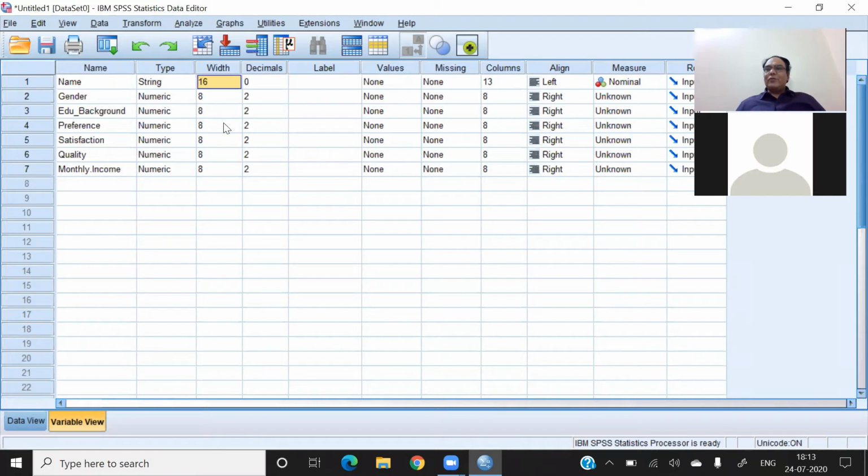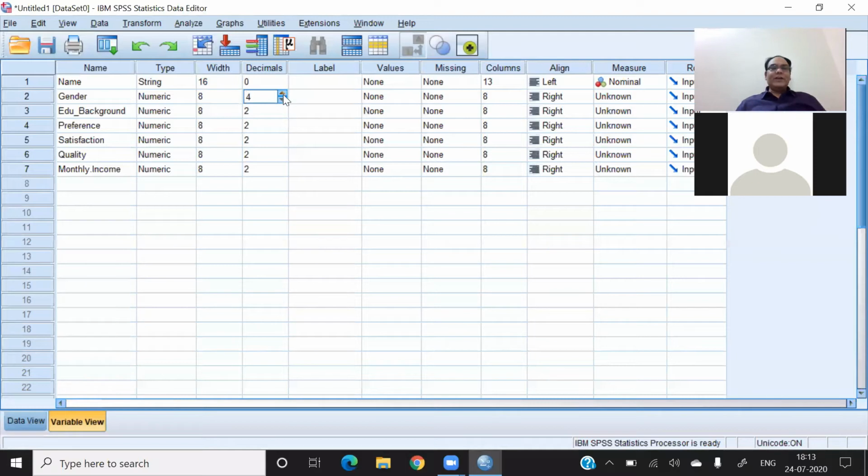For example, if you are working with the international trade exchange rate, the exchange rate between INR and USD normally uses 4 decimal places. So you type 4. You can increase the decimal, you can decrease the decimal.